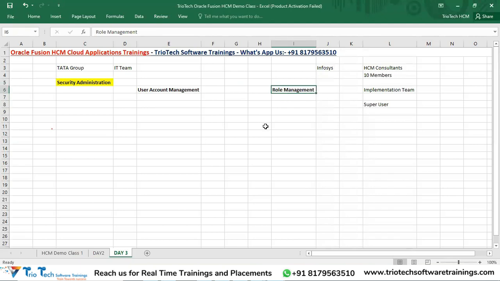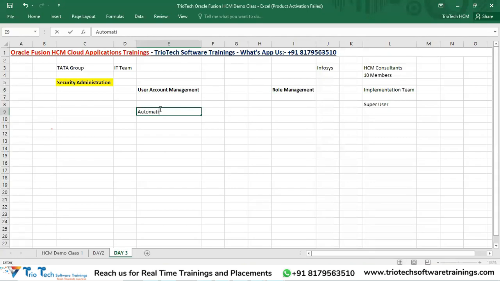If anyone from an e-business suite background is joining the session, in EBS you used to have the concept of responsibilities, but replacing that concept, Oracle came up with something called roles as far as security is concerned. So we will talk about this. Now I want to let you know how the user accounts in the Fusion application will be created. Within this also, there are two ways how user accounts for employees will be created. One is